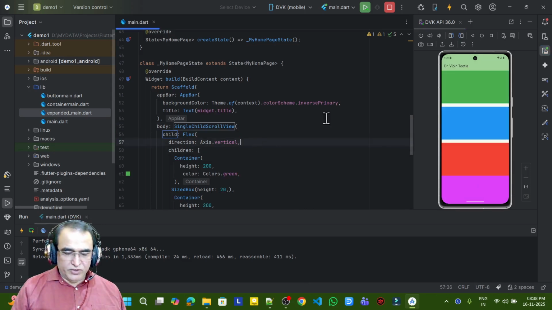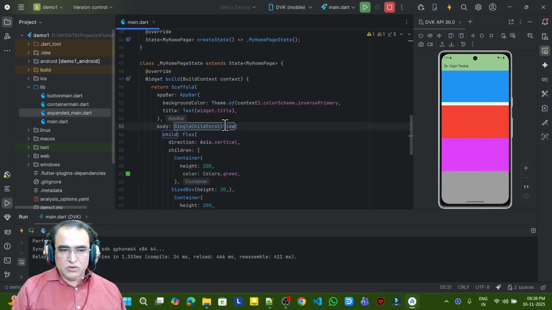You don't want to destroy your screen, so you don't want to overlap your screen. So you can use here a single child scroll view. There are multiple scroll views. Whatever you want to use, check yourself in the documentation, but this is the most usable scroll view widget. You use this, put everything inside a scroll view, and your screen will not be destroyed, or anything going out of the screen, that will be scrolled by you, and you can manage your screen. So this is all about scroll view